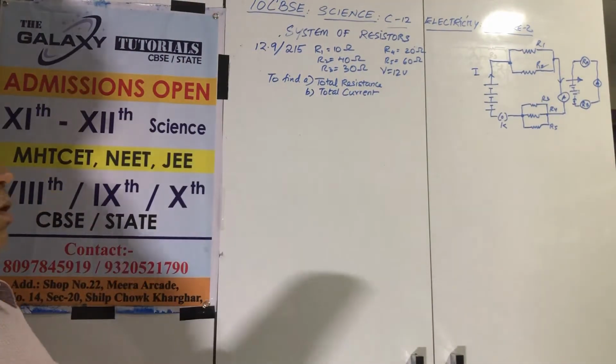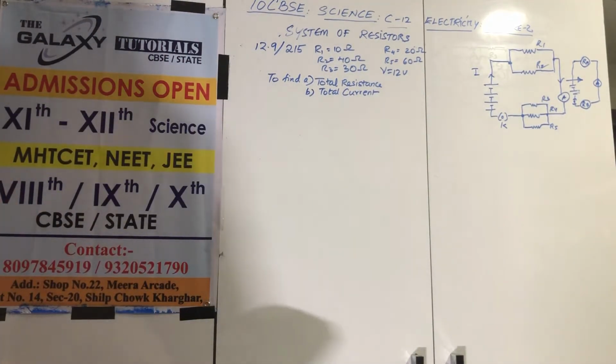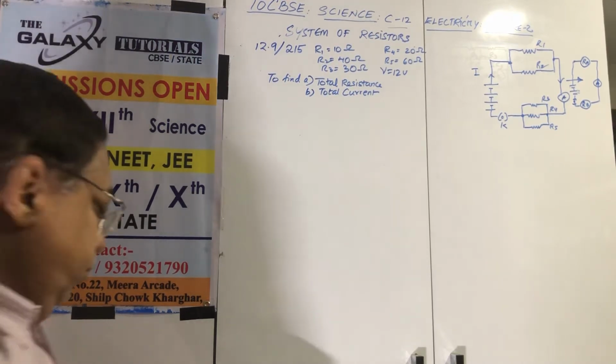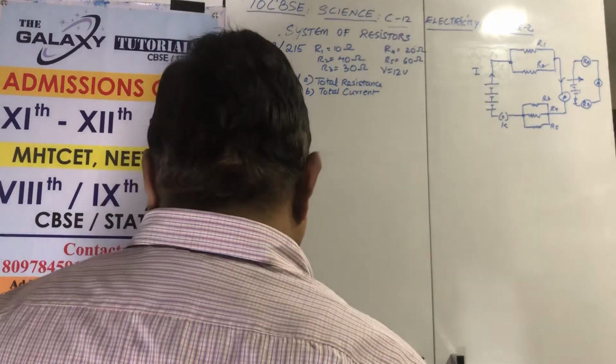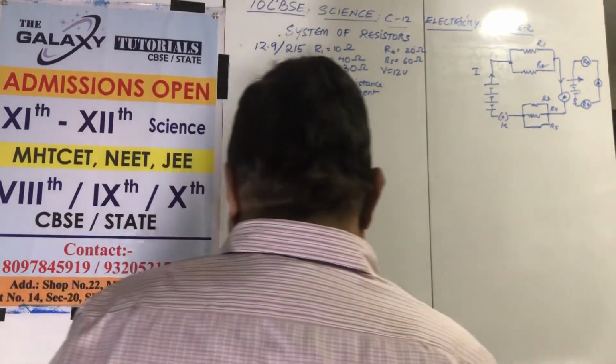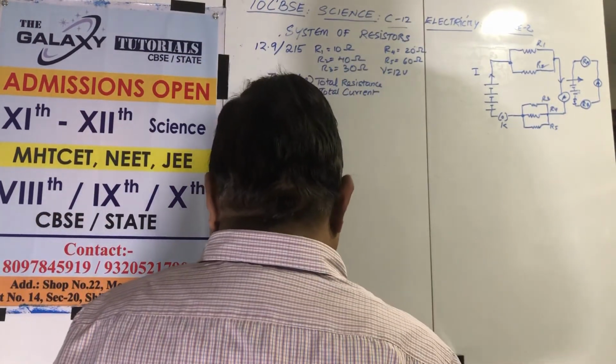So first, take R1 and R2, solve by parallel formula, find total resistance, that is your RA. Second, take R3, R4, R5, solve it in parallel and get total resistance as RB. Now RA and RB are in series, so you will add RA and RB. This is how to do the sum. I've simplified the diagram for you for that purpose. So, number one, okay, we will have